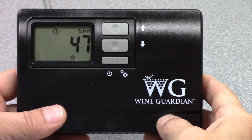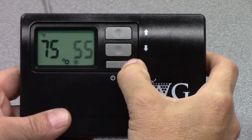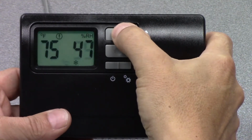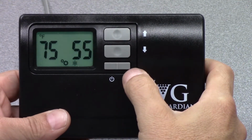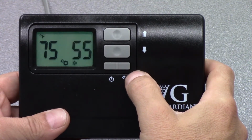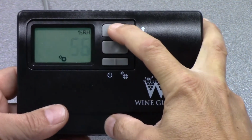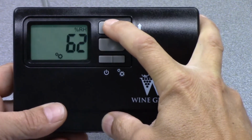Okay. So how do we change relative humidity? Hit the up arrow again, and then we hit the right-hand portion of the controller button, the settings button, and then that now displays relative humidity and 55% RH. I did that too slow. I'll repeat that because it switched back to the main screen. Now, by adjusting the up arrow key, I can adjust that relative humidity to 65%